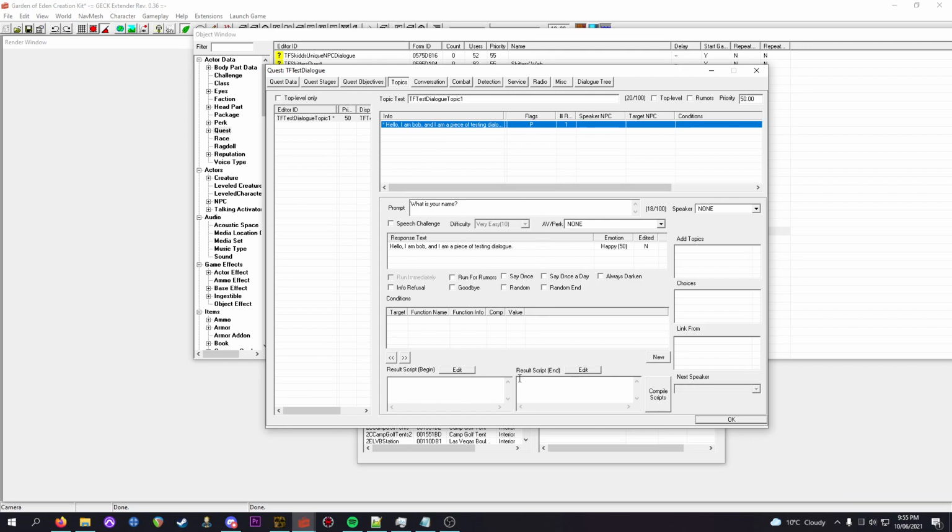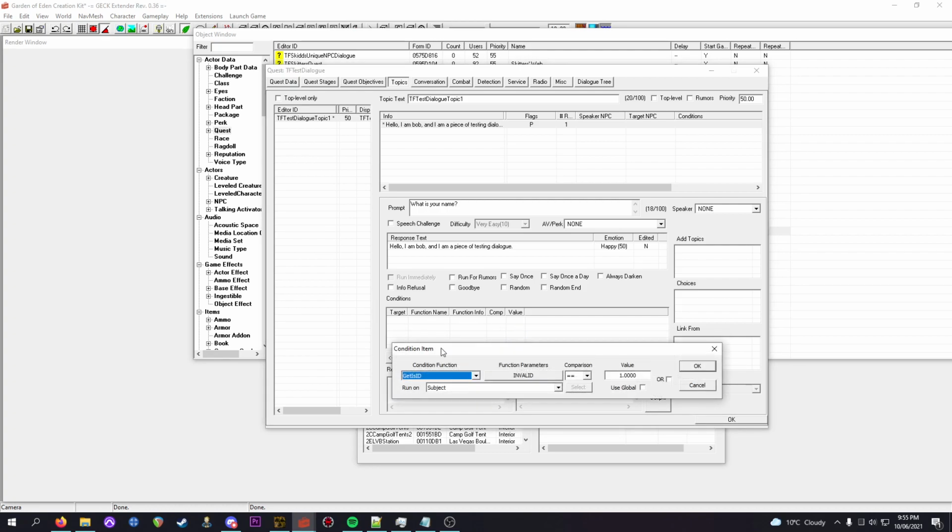Now, of course, there's a few other things here that we need to look at. So we're going to look at conditions first. This is really important. Each of these topics and each of these pieces of dialogue need to be conditioned. What that means is conditioning it so that it only plays when that specific NPC is talking. Otherwise, you can end up having NPCs that aren't your character talking those lines of dialogue, and we don't want that, obviously. So we're going to right click in the condition section, click new,